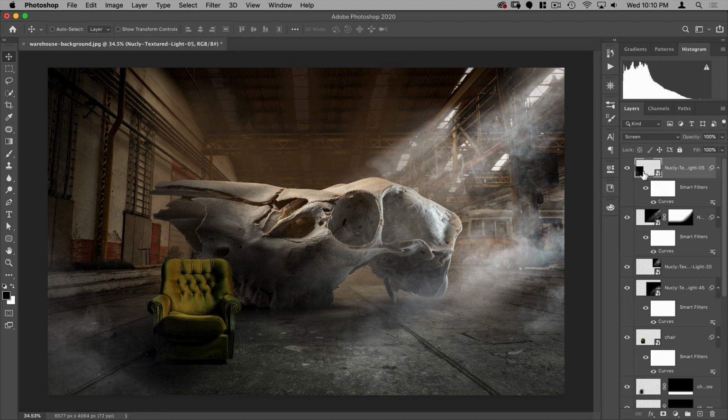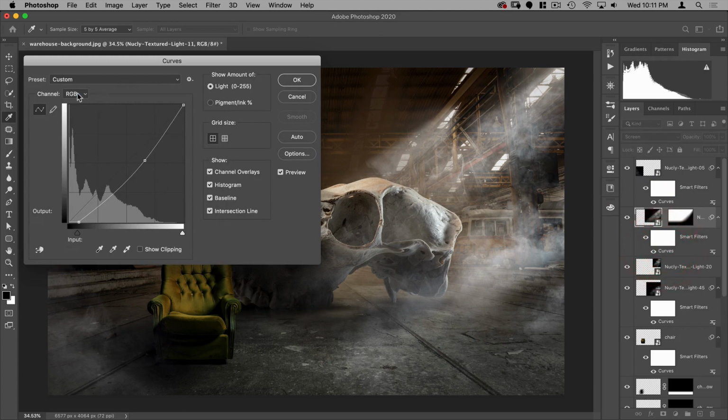So what we'll do is kind of tint them all toward a yellowish color. If we go back into our curve here, what I can do is go to blue, pull that down a bit. You can see right away that's giving it that yellow color, but I also want it to be a little more golden, so I'm going to add a bit of red to it, like so.